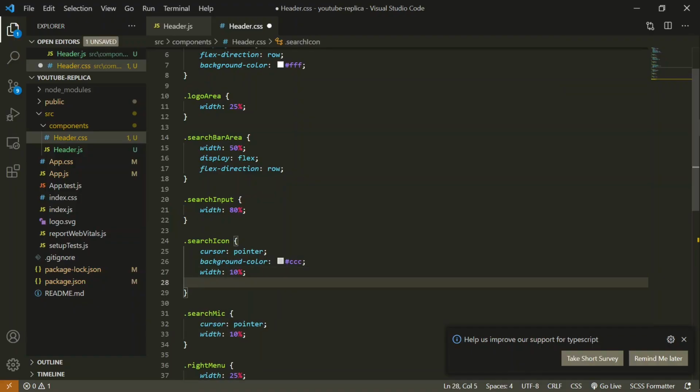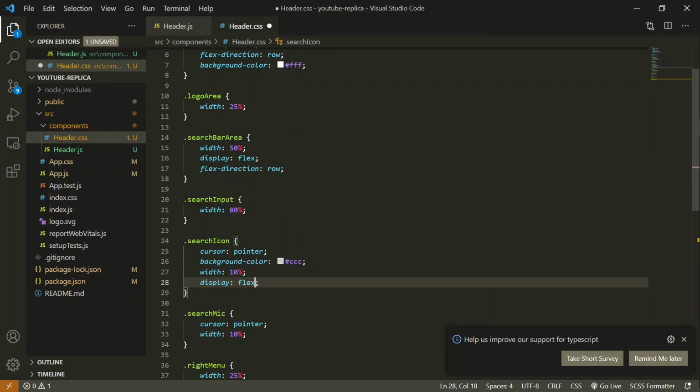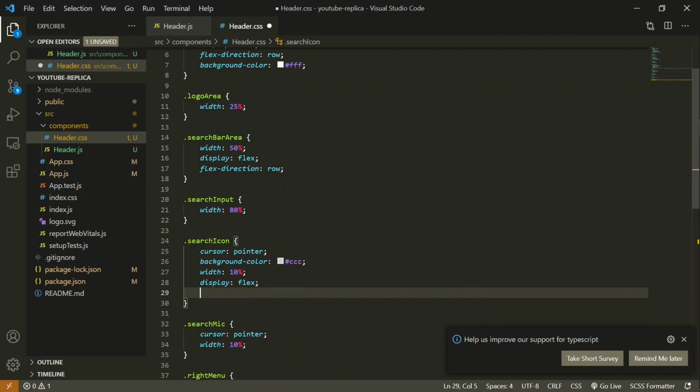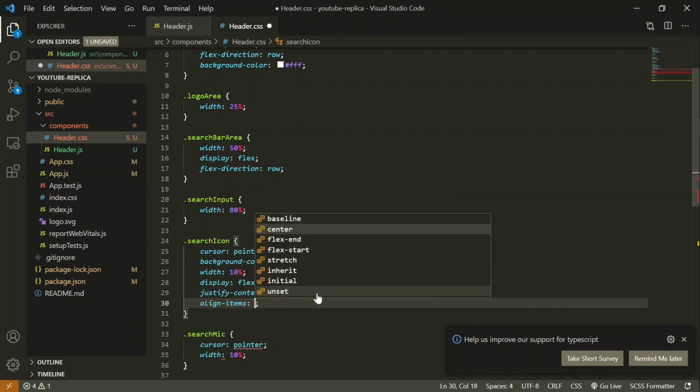Now we can see the search icon's background is gray in color, but you can see that all the icons are stuck to the top. So what we have to do is move these icons vertically to the center, and for that we are going to apply CSS to its parent component. Inside search icon, I'm going to say that display should be flex, justify content should be center, and align items should be center as well.